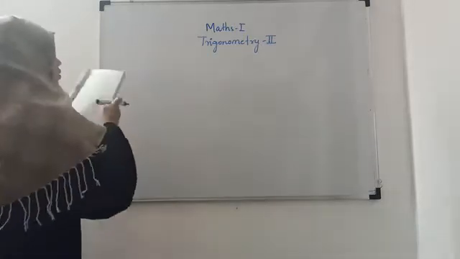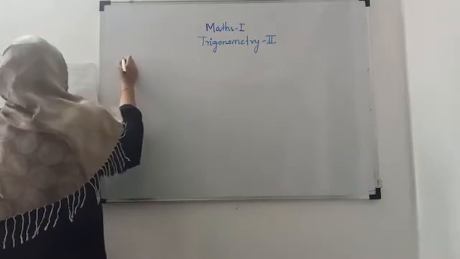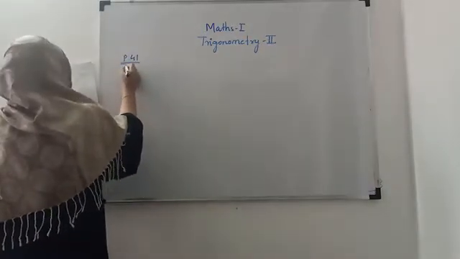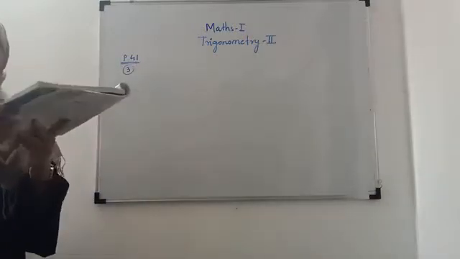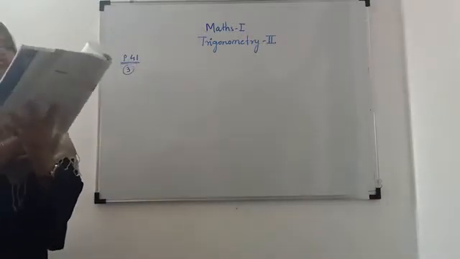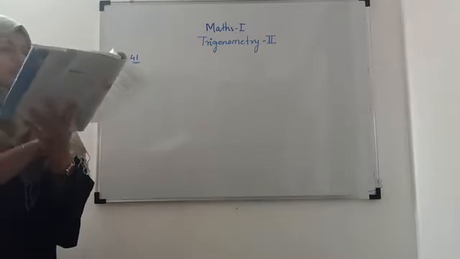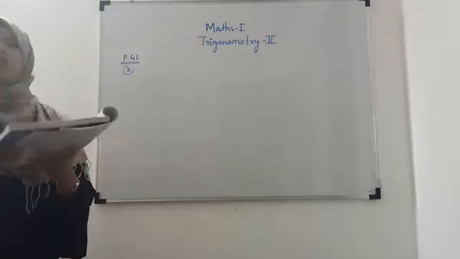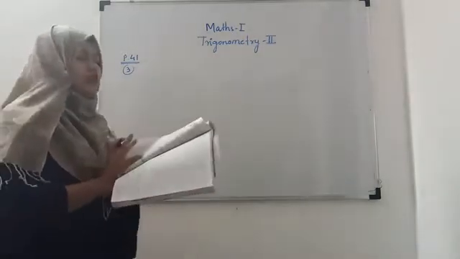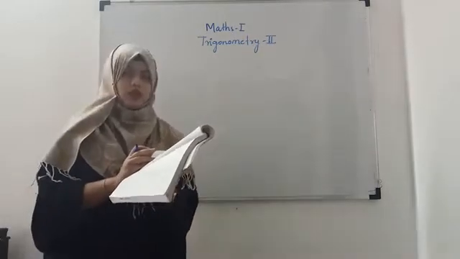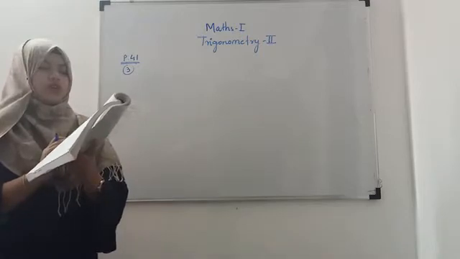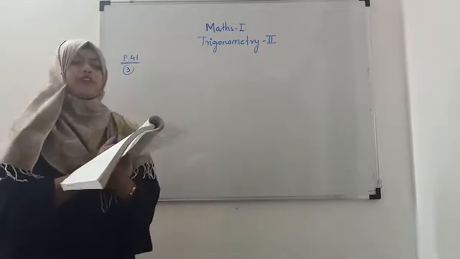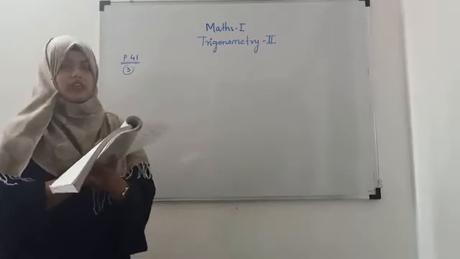This is also a solved one. Page 41, problem number 3. The question is, prove the following. There are a total of 3 sub questions. Out of 3 I'll solve only one on the board and the rest 2 are for your homework because they are solved. Just try to solve them, and then we will start to solve exercise 3.2.